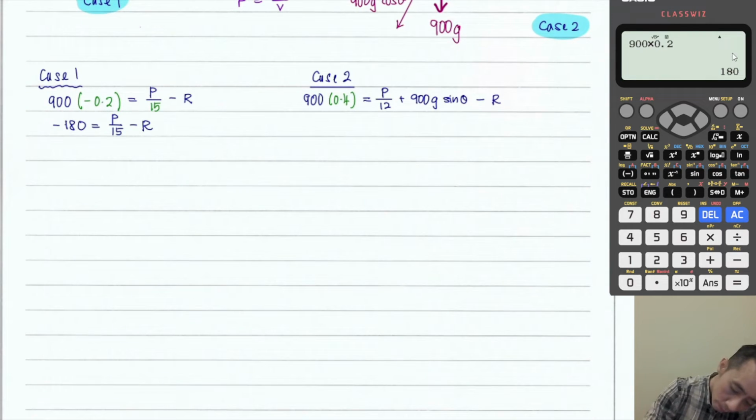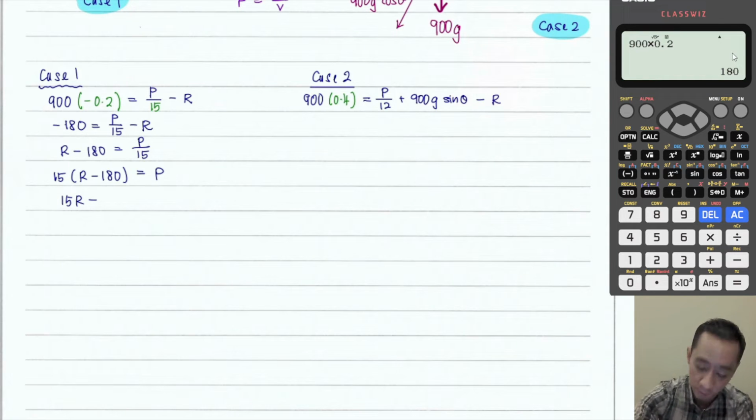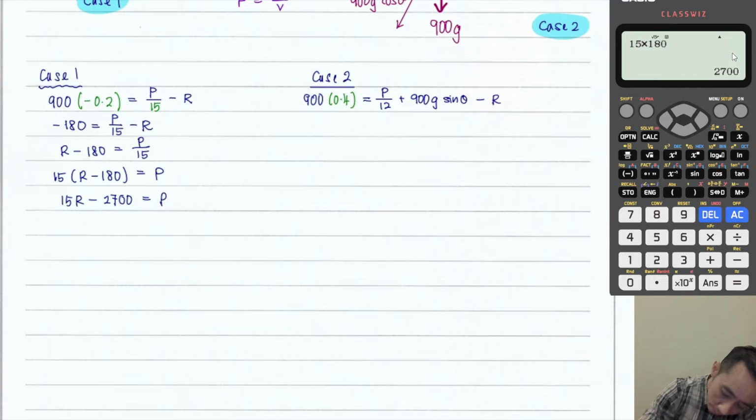So R minus 180 is equals to P over 15. So 15 times R minus 180 is equals to P. So here I have 15R minus 15 times 180, 2700,